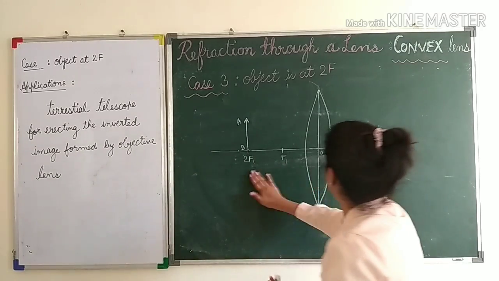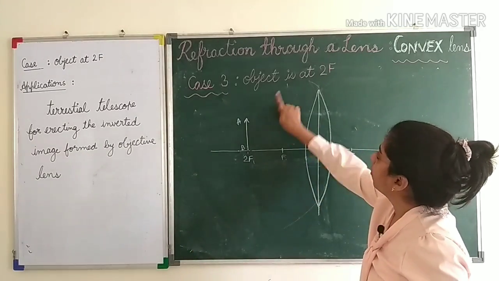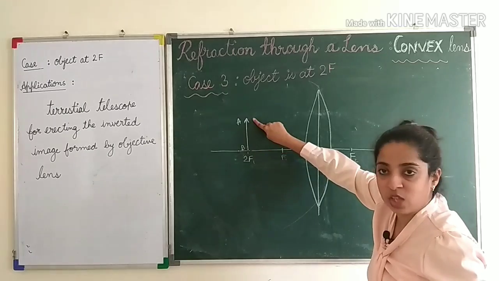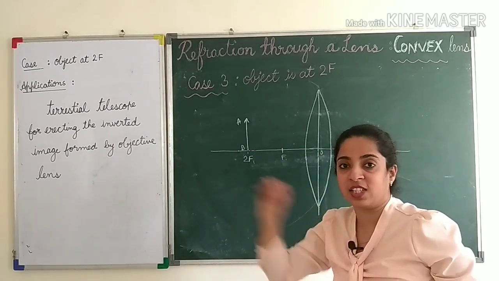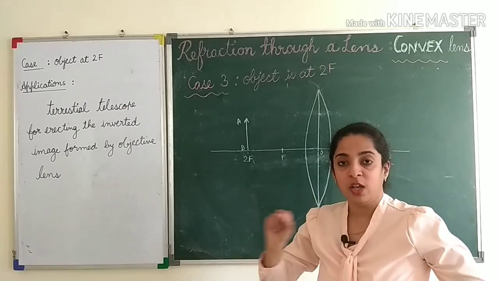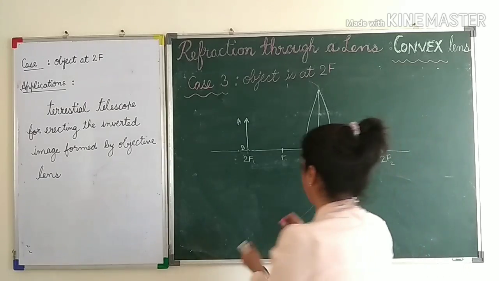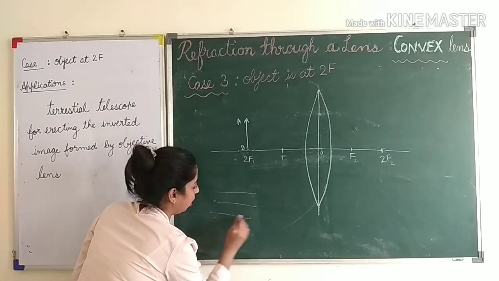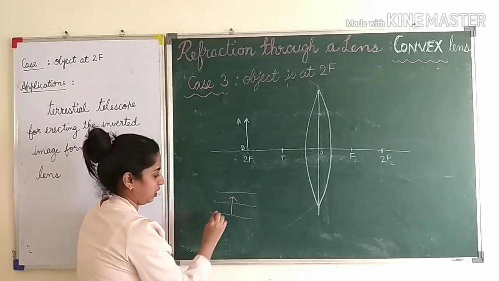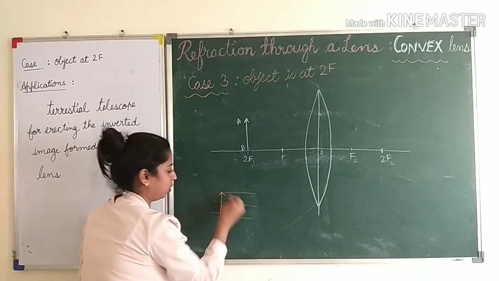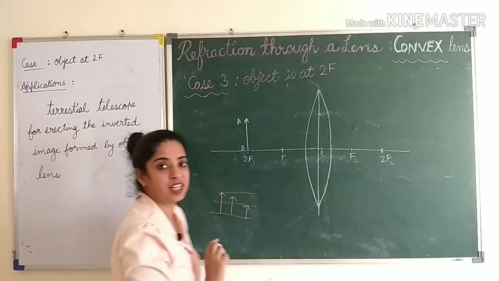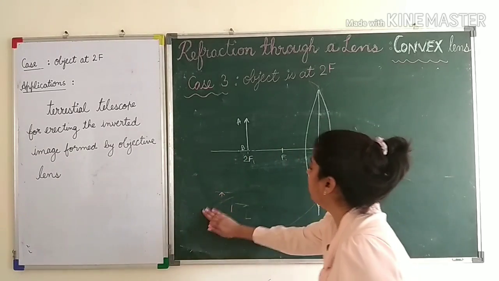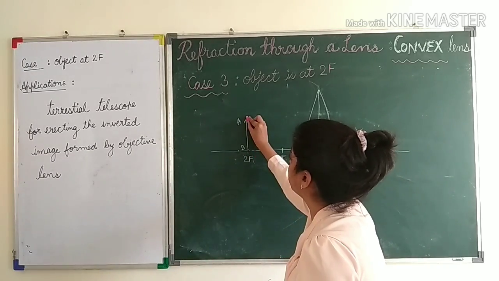So moving further, we will go for our object as 2F. We will place the object at 2F. Also remember, when you place the object in your answer sheet, there are lines drawn. So don't draw in between lines. For example, if these are the lines, don't draw your object like this. Draw your object, complete 2 lines or complete 1 line or complete 3 lines so that your parallel rays are exactly straight. Right? So here we have placed our object.